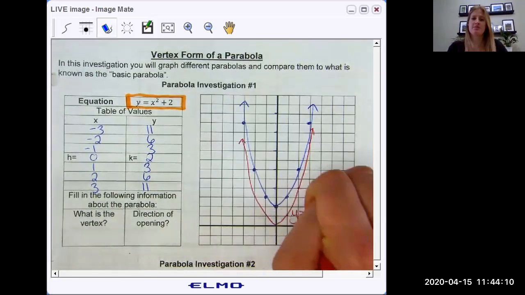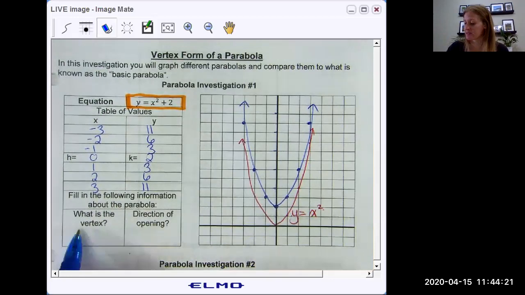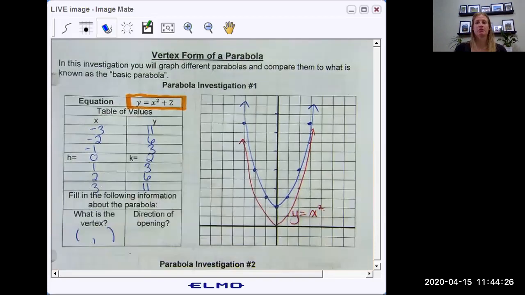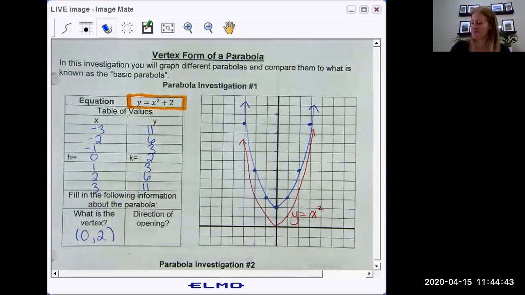This red parabola, I'm just putting our basic parabola on there for us. Okay, y equals x squared. So tell me, maybe throw in the comments, what are the coordinates of the vertex for the parabola modeled by y equals x squared plus 2? Yeah, good job, guys. So the coordinates are 0 and 2. And we can all agree it opens up,